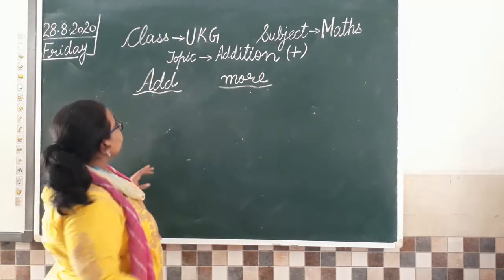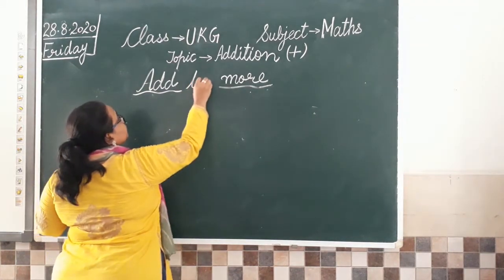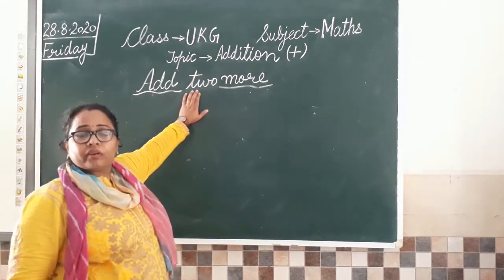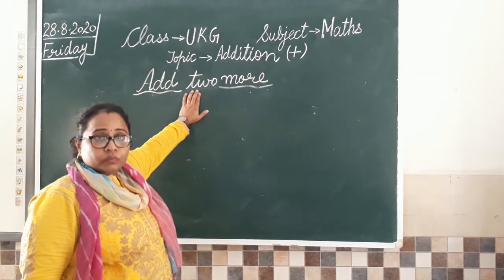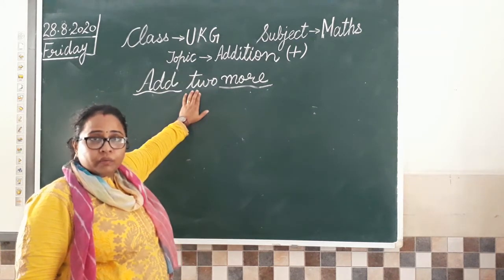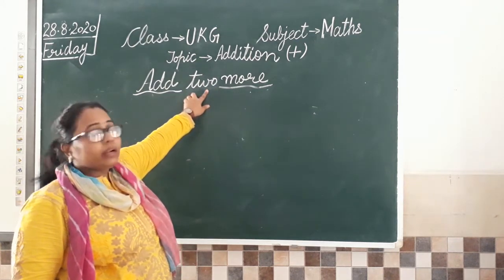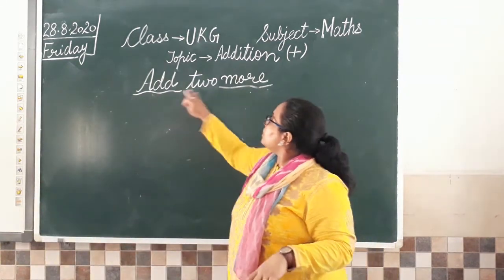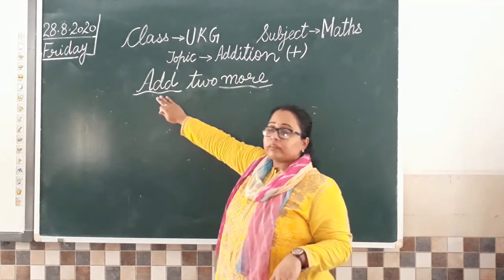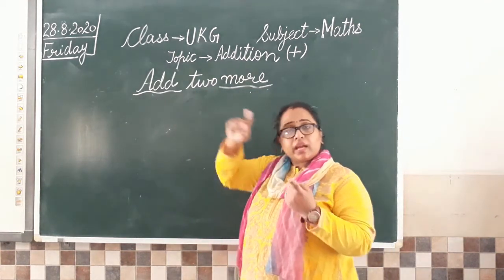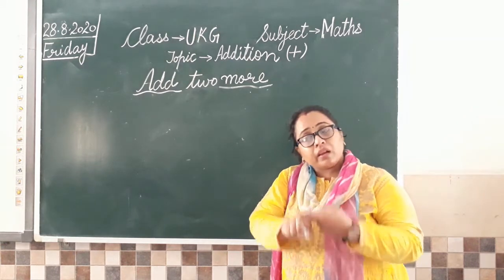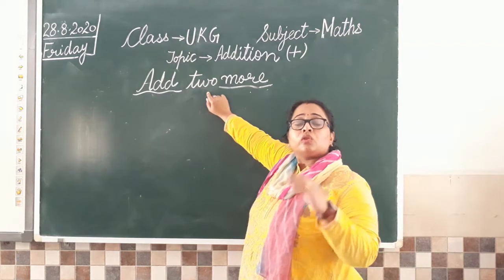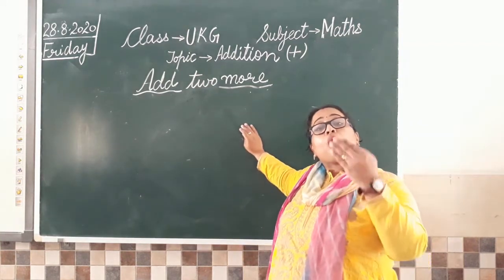Now if 1 and I say add 2 more. So what is this number name I have written? 2. So you all have learned your number names by now, na? So how many do we have to add now? 2. So let us first understand the meaning of these words. Add मतलब जोड़ना, यानी कि उसमें और प्लस करना. So this is the plus. 1 लिखा था, 2 लिखा था, 3. तो that means उतने ऑब्जेक्ट और ऐड करने हैं.